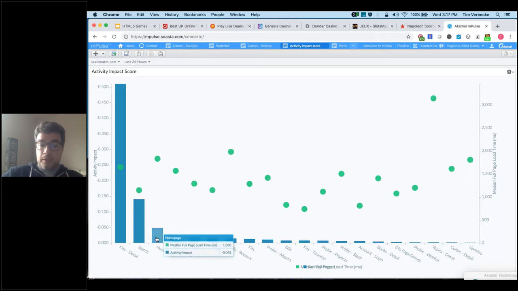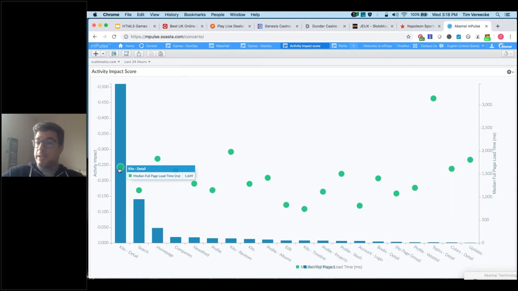Now, what does the blue bar tell you? It tells you what is actually the impact of bad performance on the activity of a user. So the bigger the bar, the bigger performance impacts the end user. The lower the bar, the lower the impact of performance. So what does it mean? Here you see, for example, let's say this is game X and it's slow, but the impact of performance, making it a little bit faster, we have seen that that doesn't have a huge impact on the activity. While for this game, although it's much faster, the impact of performance is huge on the